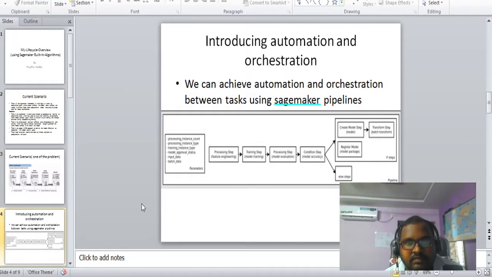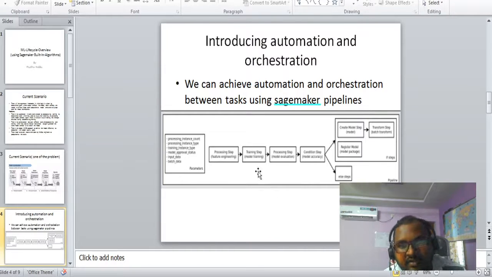So then what happens is the development of that scenario: instead of involving three teams and using SageMaker notebooks, we use SageMaker pipelines. As you can see, there are processing steps and training steps, basically an orchestration.